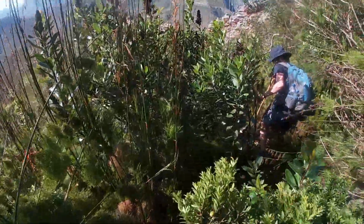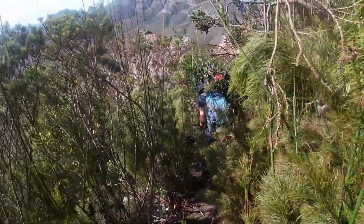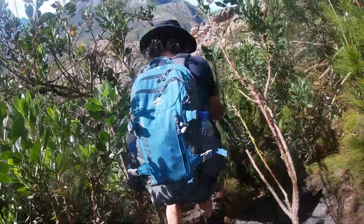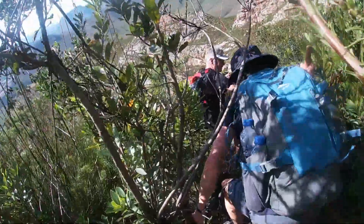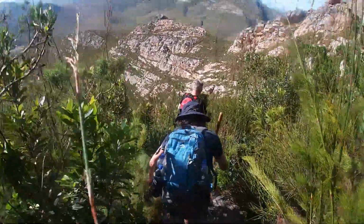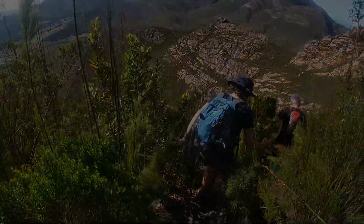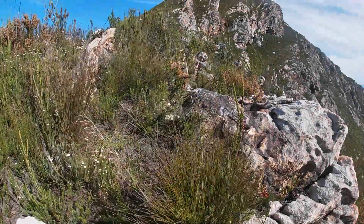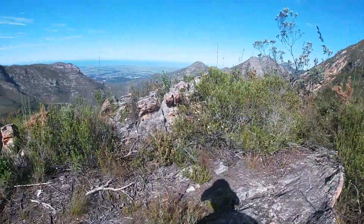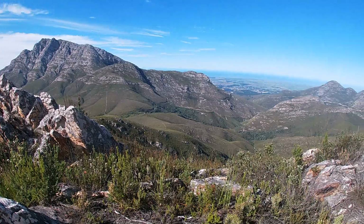Where's my map? Into this bushy part again, yeah. By Gorilla Caves. Easy peasy, on the way back now. You reach the spot where, as you get to the top here again, and suddenly you're looking down onto that side where you...